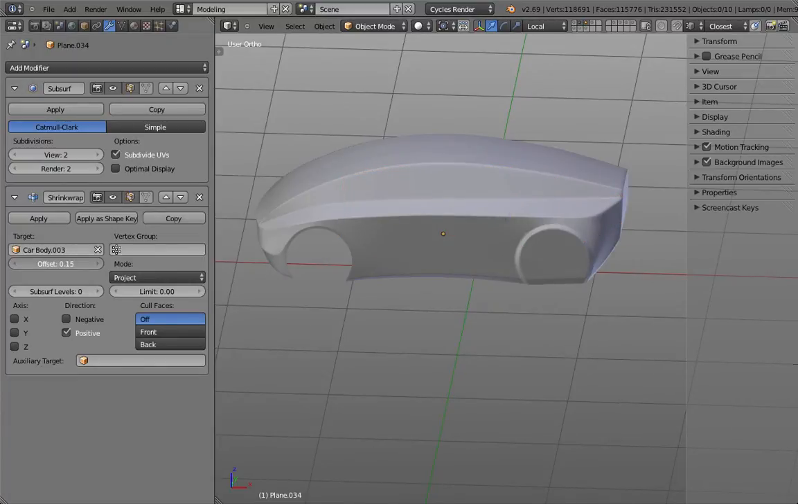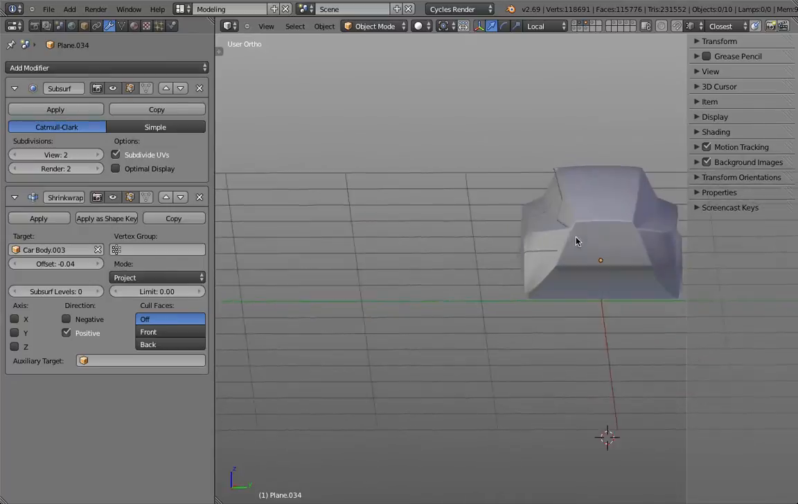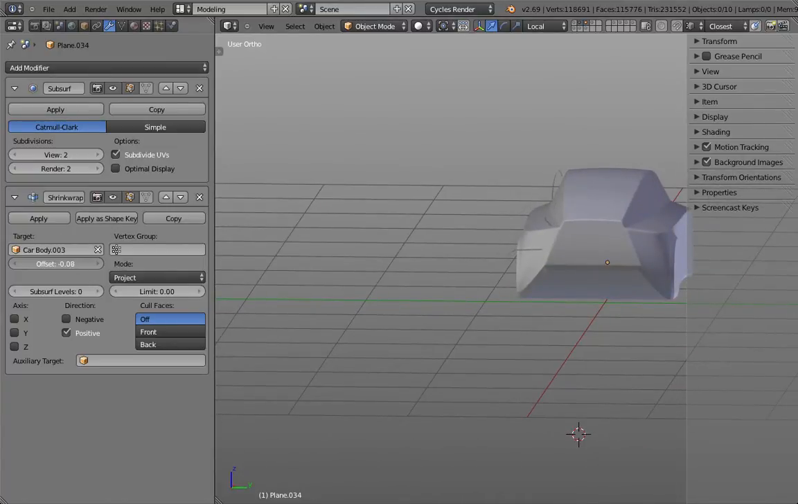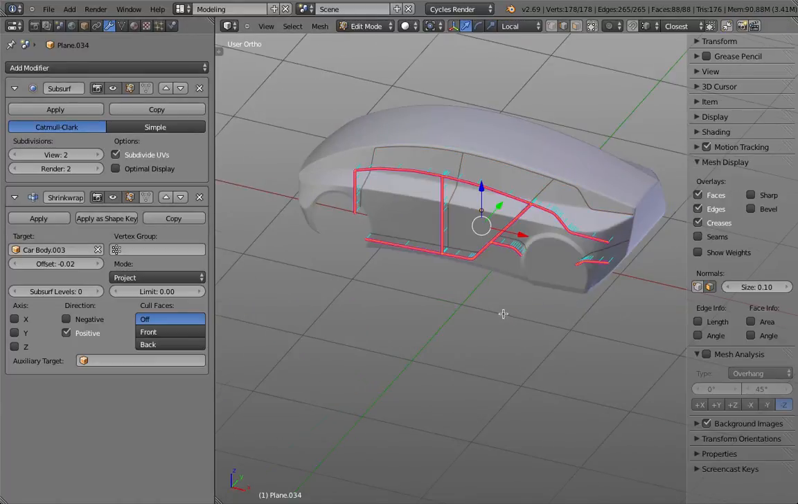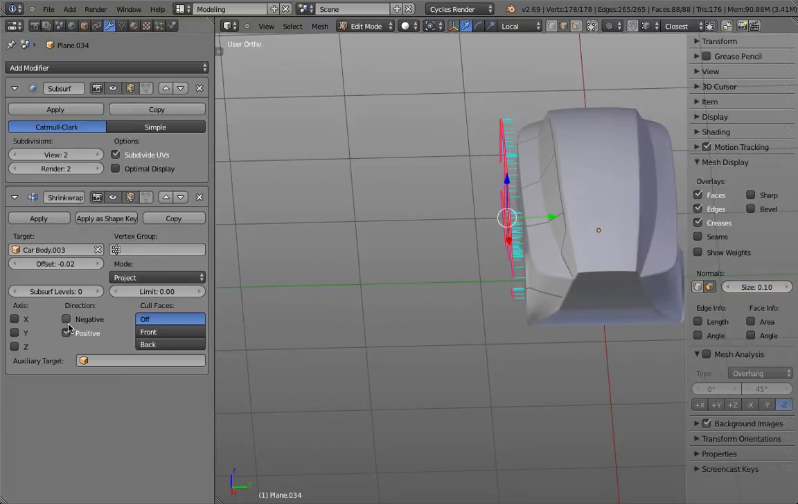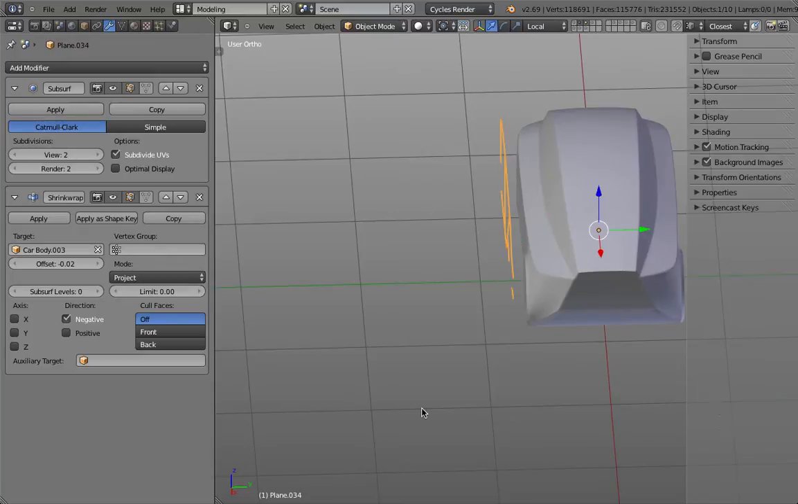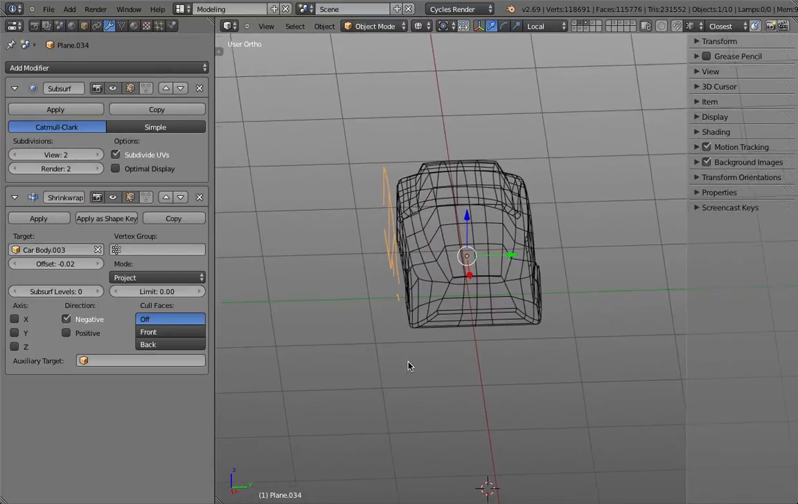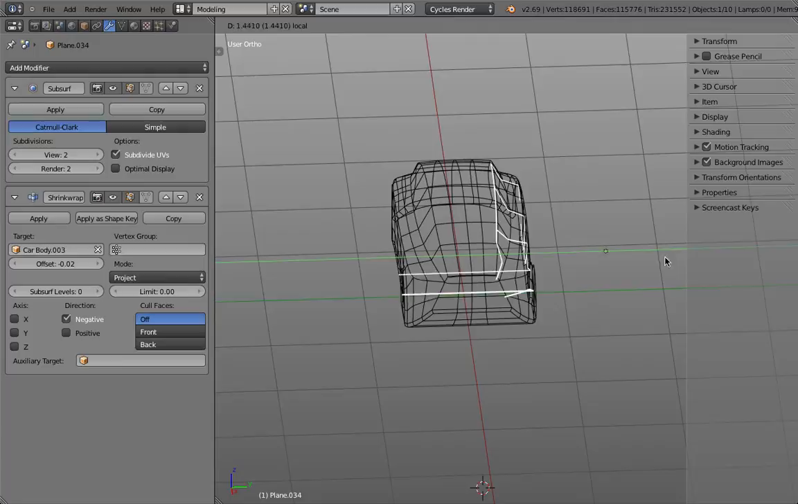We have the ability to create an offset, so that, for example, the surface sits on it or it goes inside. And then I have an option for direction, positive or negative. So positive means along the surface normal, and negative means, well, the opposite direction. And so with negative, for example, you don't really see anything because